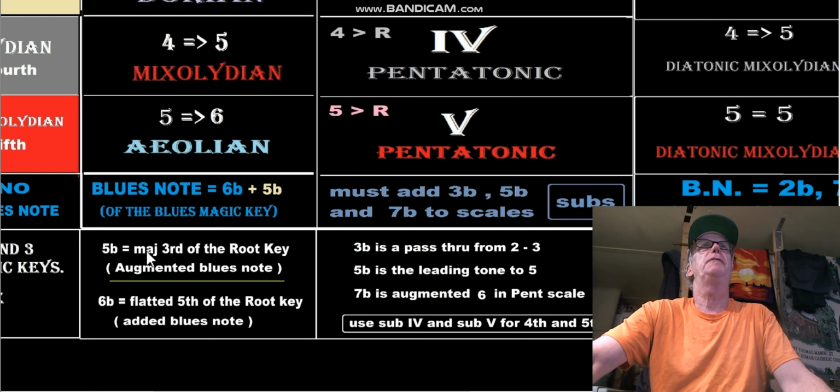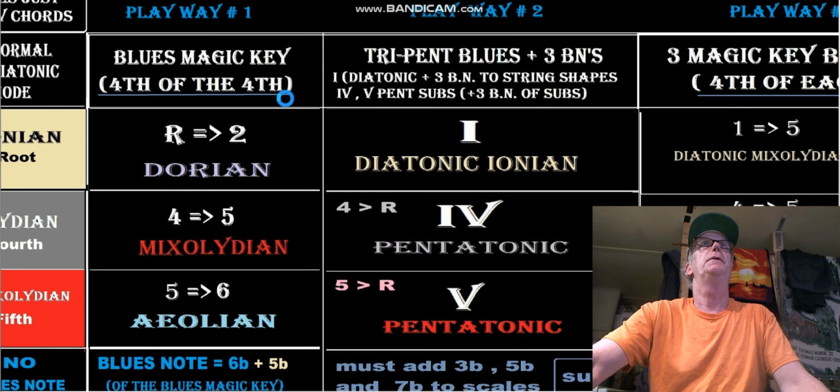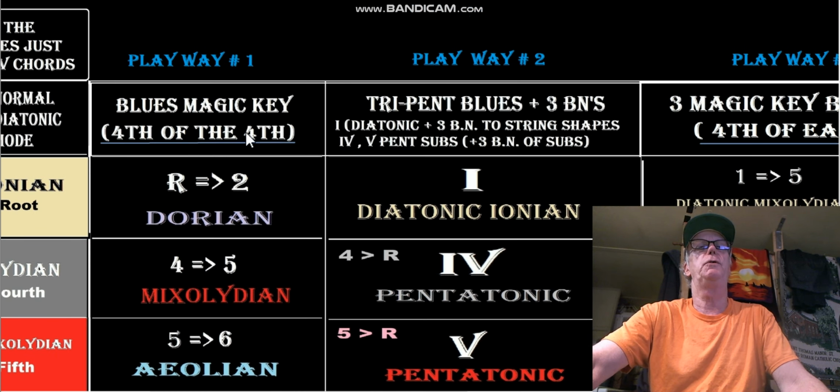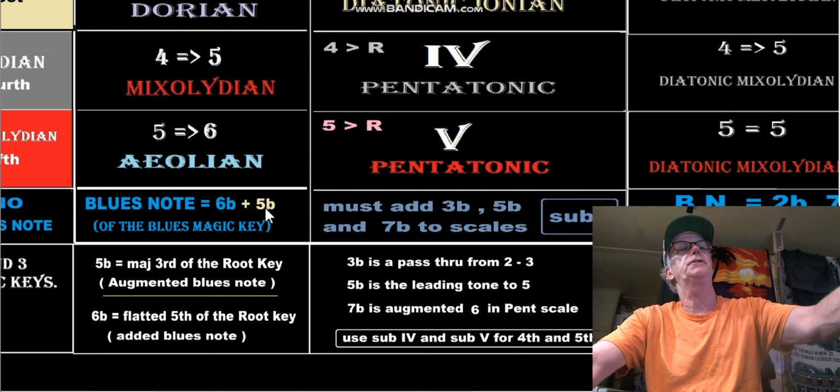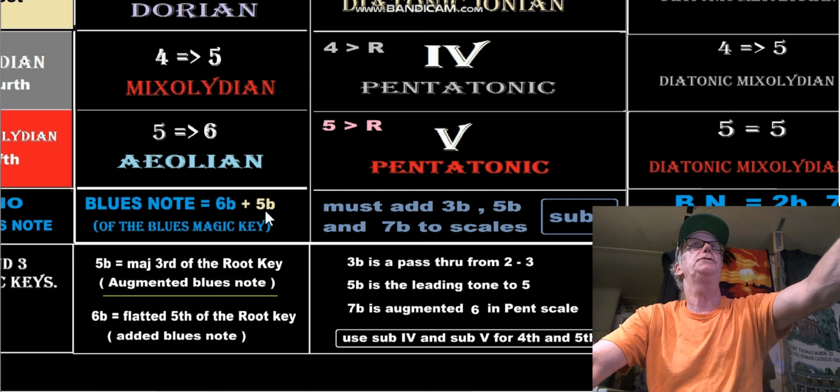So we have the 5 flat is the major third of the root key in this case, because the blues key with the blues magic key, the fourth of the fourth, is one whole step below the root, so that the 5 flat is actually an augmented fourth of the fourth of the fourth. It's a 5 flat, but it actually brings it back into the scale from here. So it's not really a blues note, so that one isn't